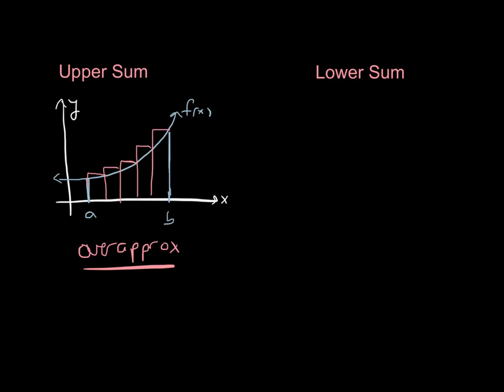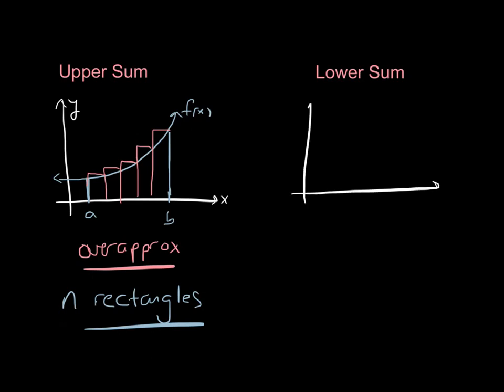Now with an upper sum, we don't necessarily know how many rectangles we're using. In previous examples, we may have used 5 rectangles. But here we're using n rectangles. So when we find an upper sum, we're going to have a general formula for an over approximation using n rectangles. And similarly for the lower sum,